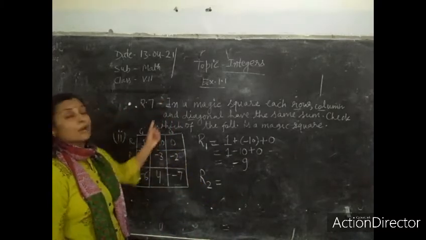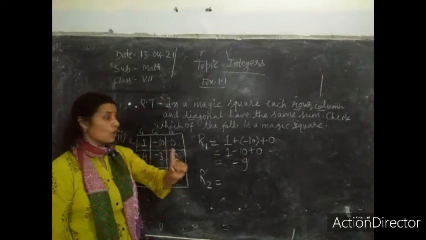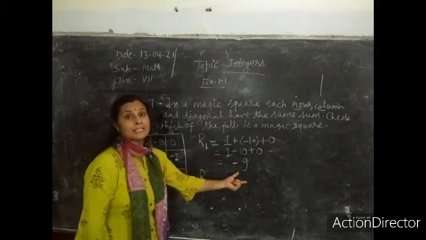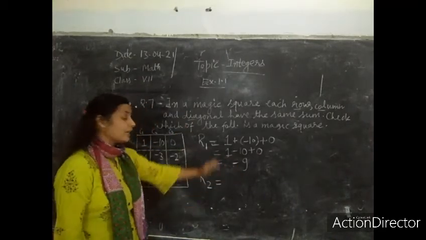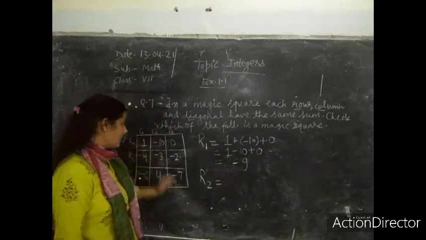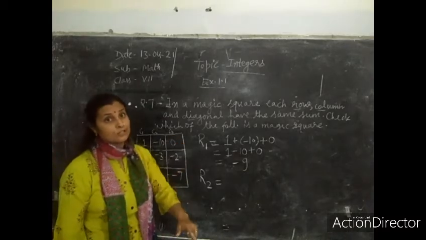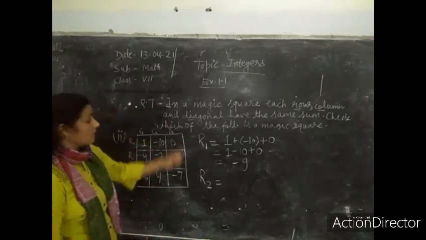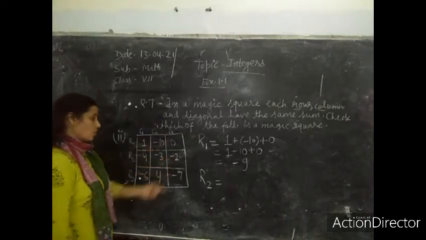Then your normal square will be a magic square. Just keep it in your mind. Because R1 shows minus 9, the sum of all the rows, columns and diagonals of the square will be minus 9. Then your normal square will be a magic square. So let's